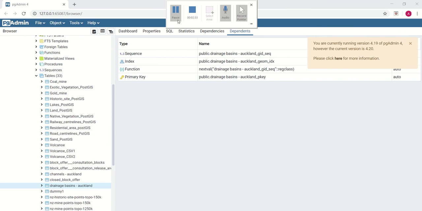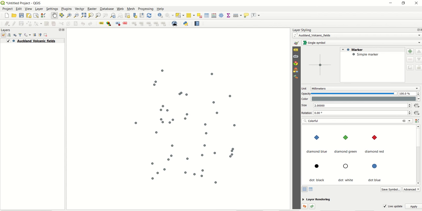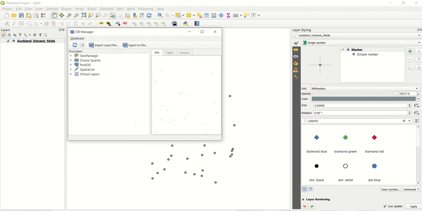So to import the data into Postgres, go to QGIS, click on database, data manager, and select PostGIS, and click on import under the HDB course.